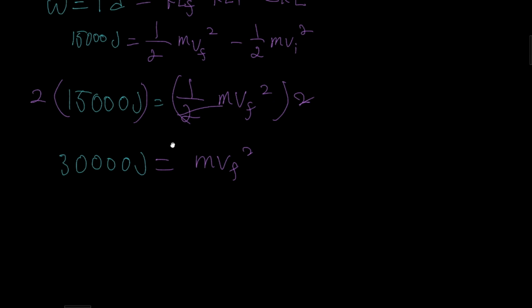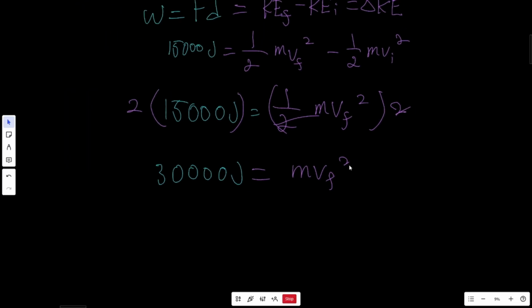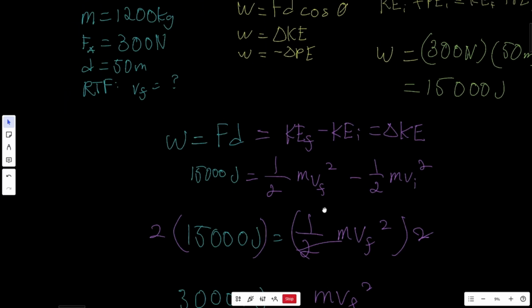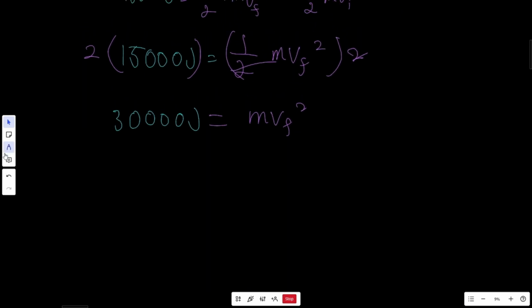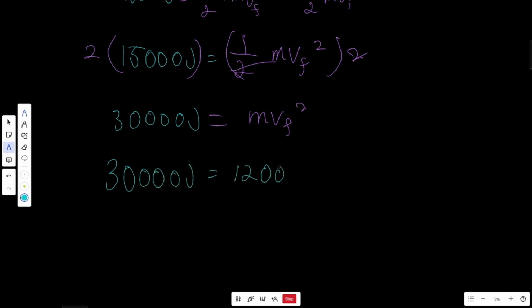Okay, so now after this, we also have our value for mass. So let's add our value for mass into the equation. According to the question, our value for mass is 1,200 kilos. So we're going to plug it in, and we'll get 30,000 joules is equal to 1,200 times VF squared. I'm not going to change pen anymore since we're getting to the same point already. So dividing both sides by 1,200,